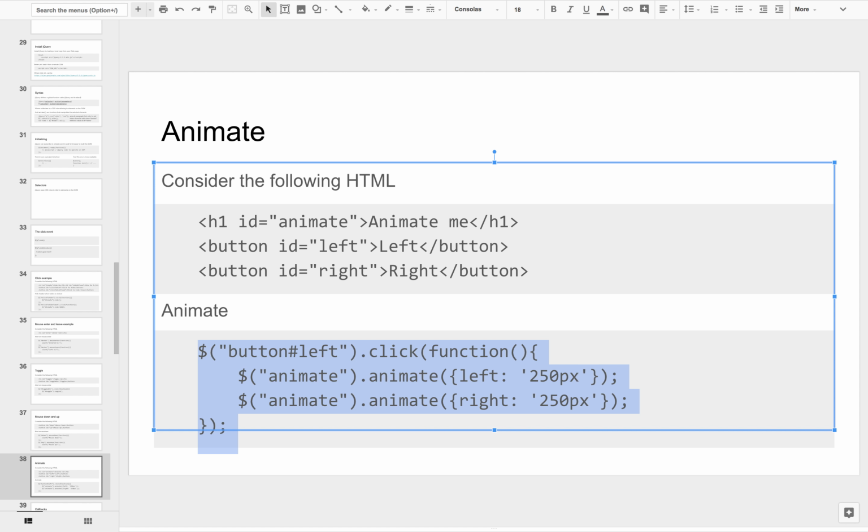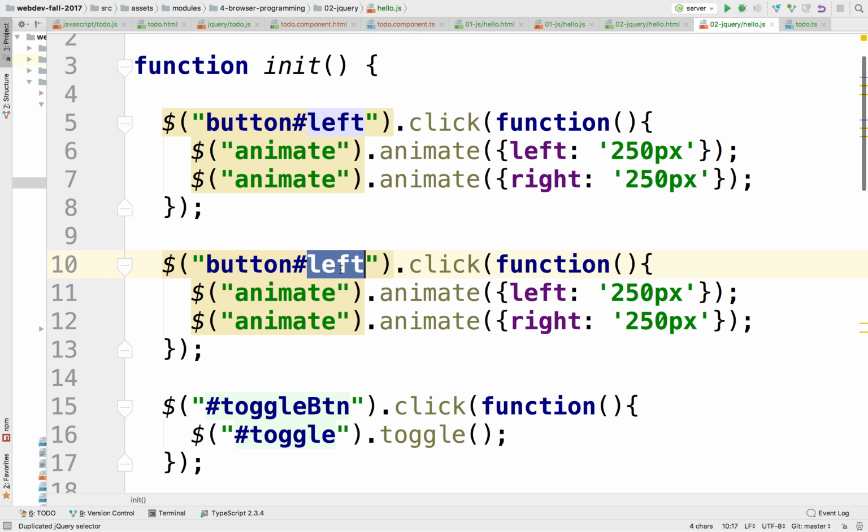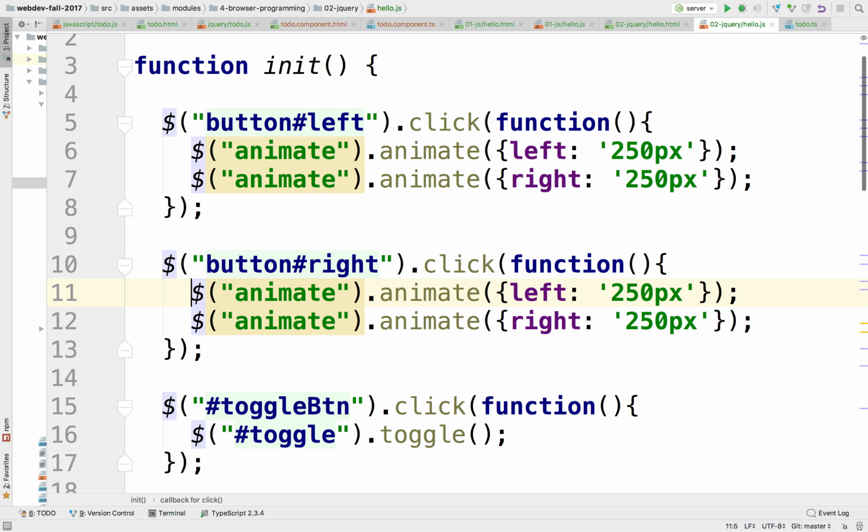So we have this toggle button left, and we want another one, but the right. So the right is going to animate to the right, and the other one is going to animate to the left. There we go. Okay, so two buttons, one with the ID left and one with the ID right, and go ahead and animate this. So this is a hash, and this is a hash. All right, let's try that. Let's see if it breaks. So right doesn't do anything.